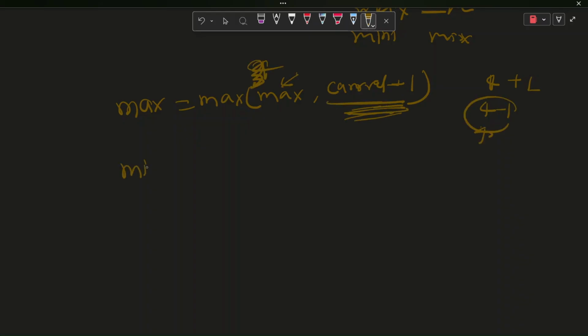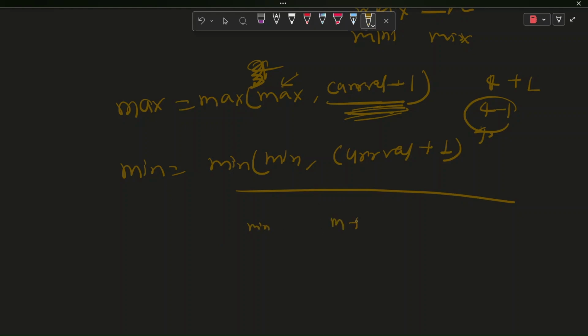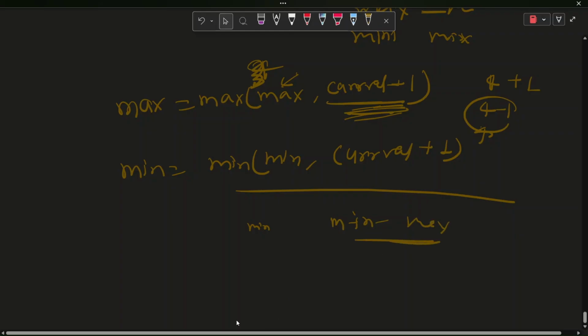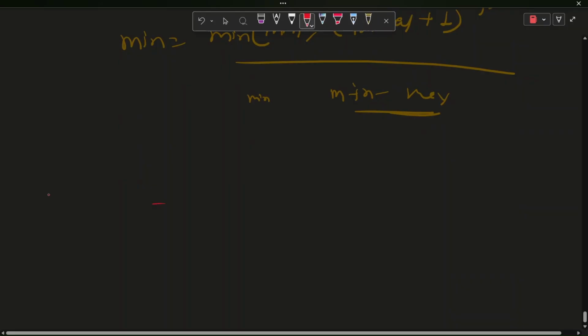Okay, for minimum, we will try to get the minimum of our previous minimum value. Then what we want to do, we are trying to maximize the minimum value, we will do this one, right? And wherever we are getting the minimum operation, that time we will try to return minimum minus max. Good. But what will happen now, see, if all values are the same, for example 4 4 4 4 4,